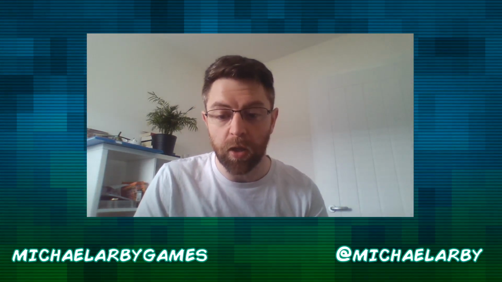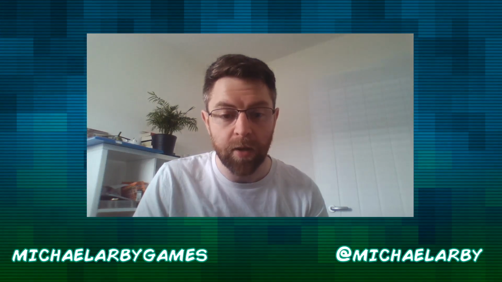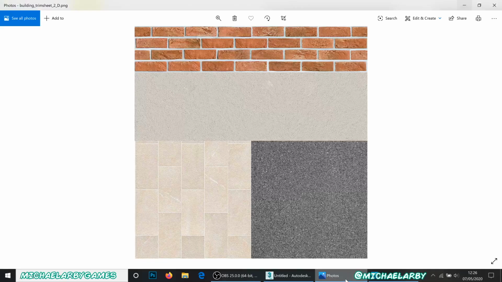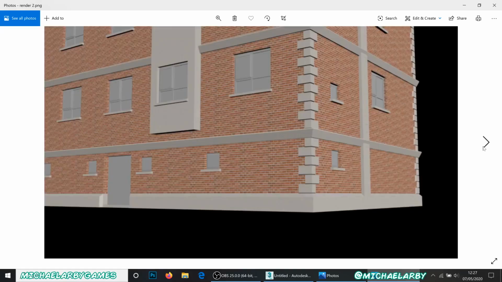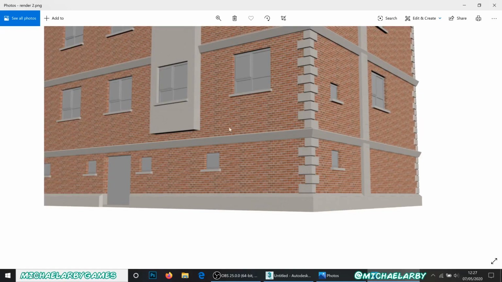So just to show you a little bit of what we're actually going to create today, this was the building that was shown in the previous introduction video. It's a very simple little modular red brick building. Not much in the way of architectural design here, but just made up of about a dozen or so little pieces. And in this tutorial, I'm going to try and recreate some of these pieces for you to see how they were made. And then I'll not show every single thing, but I'll show you enough that you should be able to then run with it